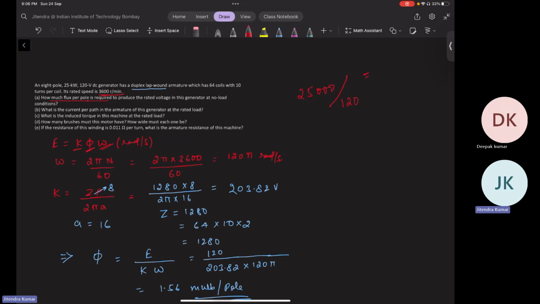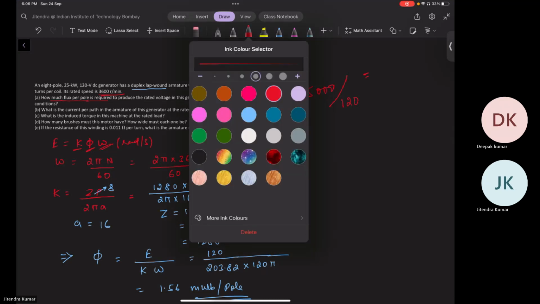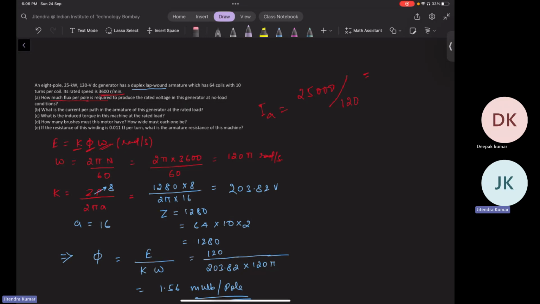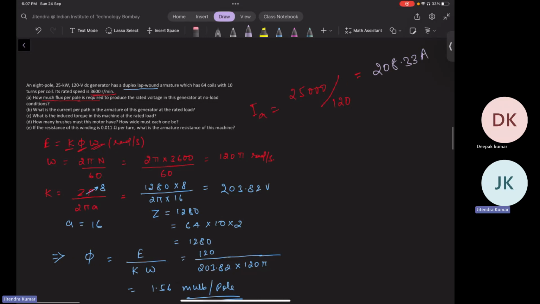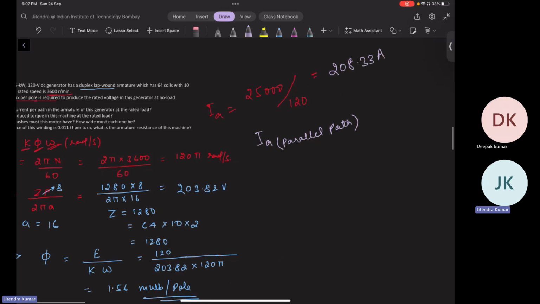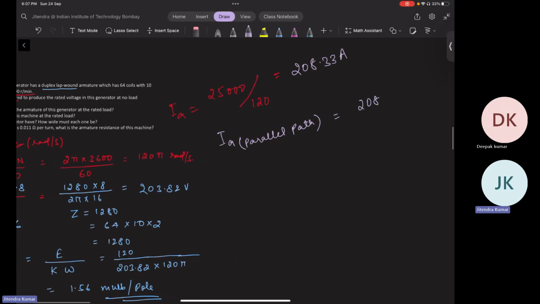So this current would be equal to how much? How much this current would be? 208.33 ampere. 208.33 ampere. Now, we need to find out the current per parallel path. So current in each parallel path, how much it would be? 208.33 divided by